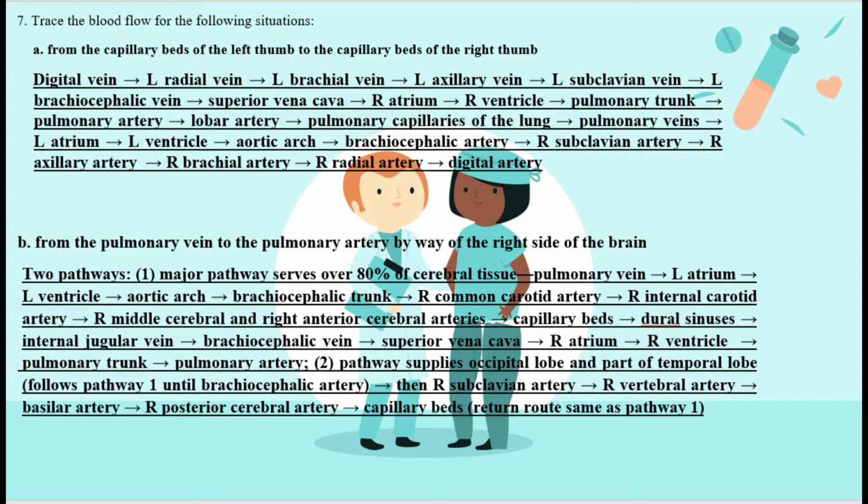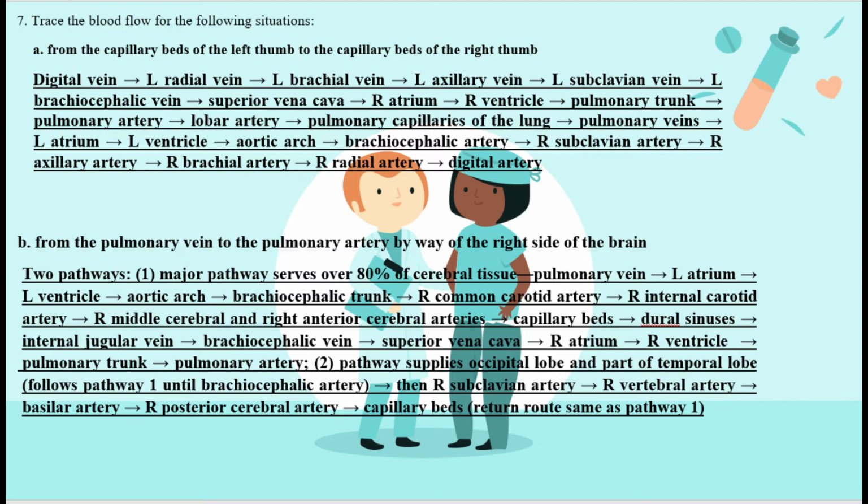For the second situation, it is the blood flow from the pulmonary vein to the pulmonary artery by way of the right side of the brain. There are two pathways. The first pathway, or the major pathway, serves 80% of the cerebral tissue, and the second pathway supplies the occipital lobe and part of the temporal lobe. Our answer is